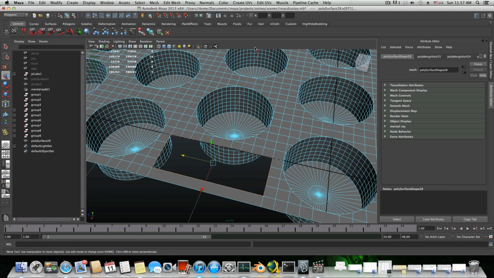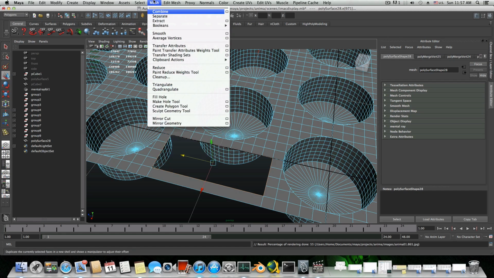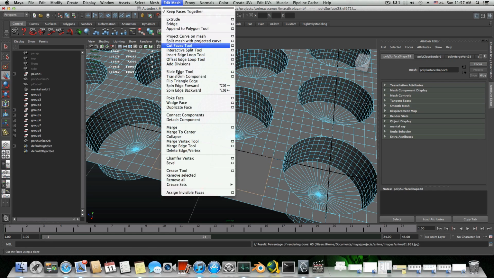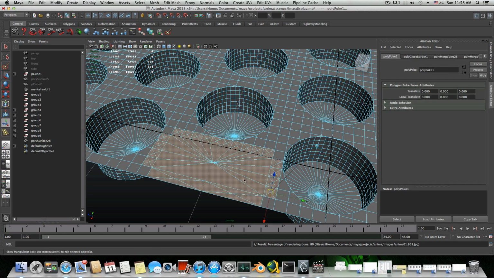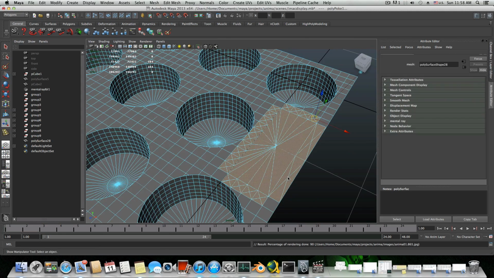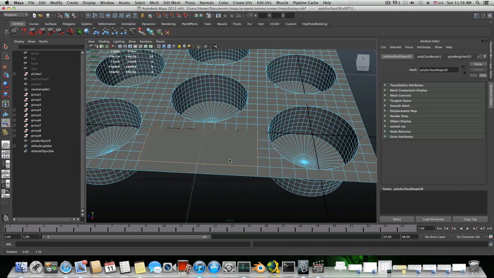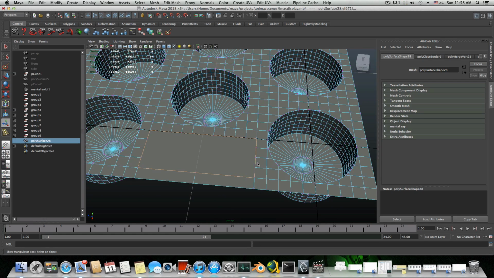So now what you can do is just go over Edit Mesh or Mesh, Fill Hole, and that will fill this area, and then you can choose Poke Face, and it will fix the rest that there is to it. Okay, it may not look very good, but let's undo that. You can start like interactive, no, tap on F8 once,